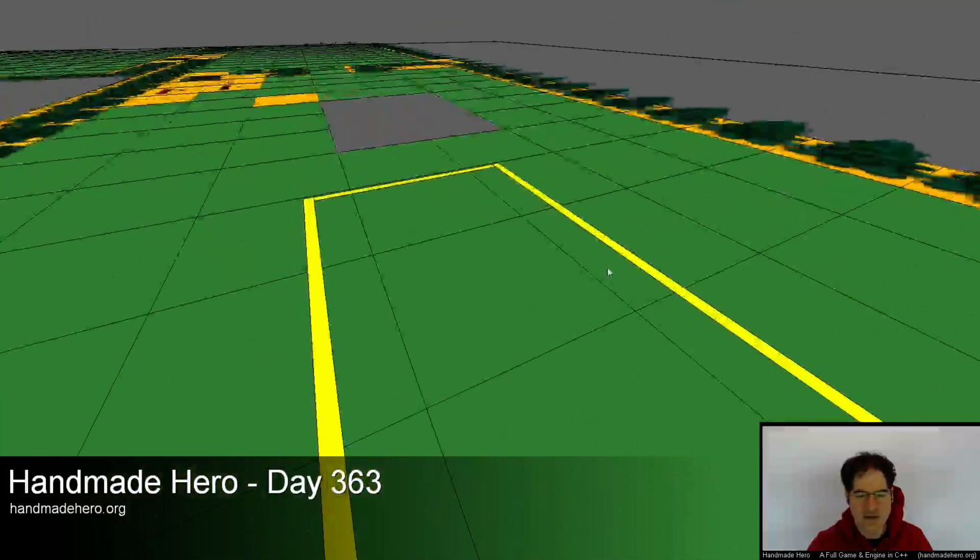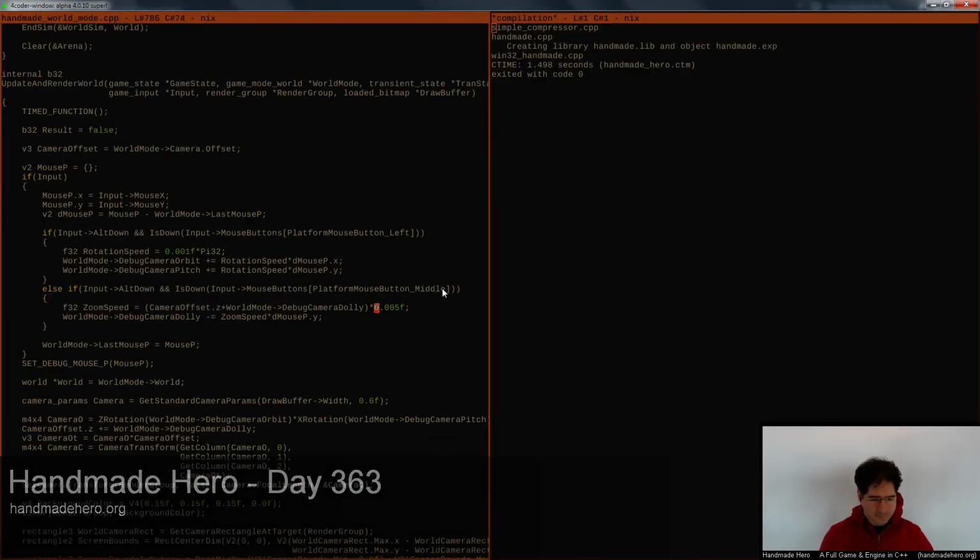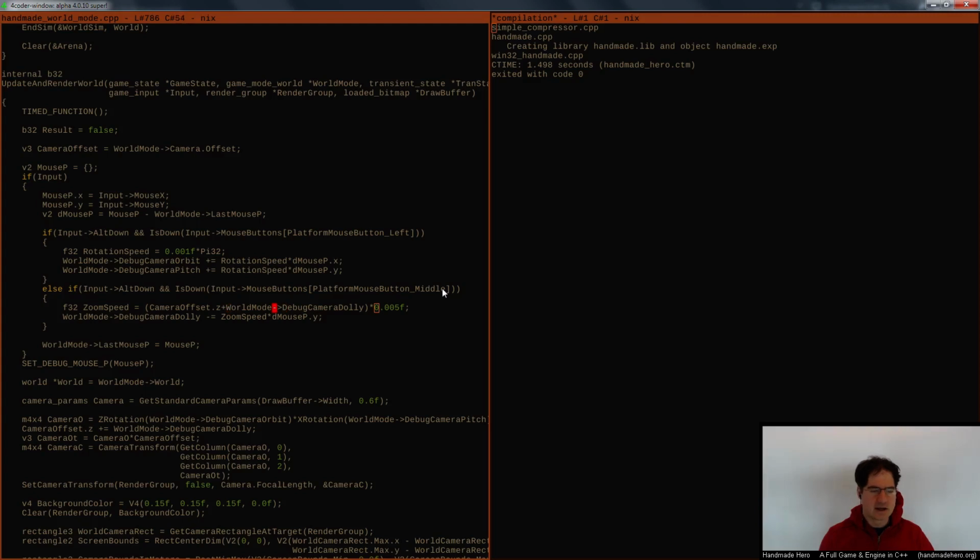The reason I called it a poor man's differential equation is because if you think about what's happening here, we're taking a value, which is the distance away from the camera, and we're modifying it using itself, right? The equation for the change in the dolly uses the value for the dolly in that equation, right? Here it is. And so what happens is this is only instantaneously correct, and the fact that we're not